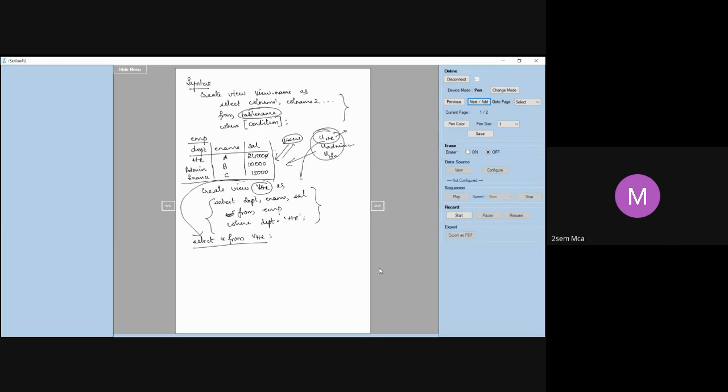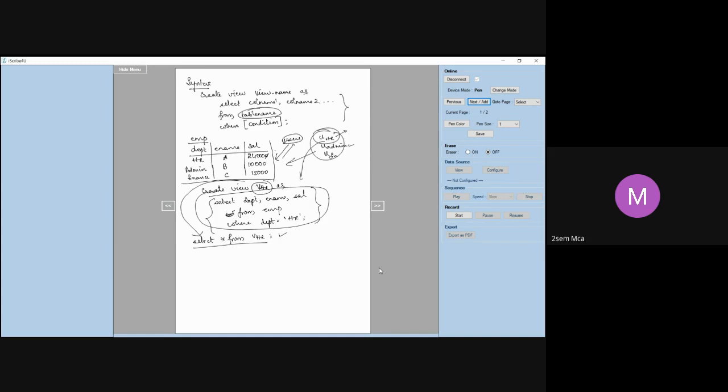That's a big advantage of making use of a view. Every time I need not give select department name, salary from the table where the department is equal to HR. I need not give like that. So once I have created a view like that, I can simply give a statement like this so that I will get the same result as this particular query. But every time I need not give that. And that's one advantage.